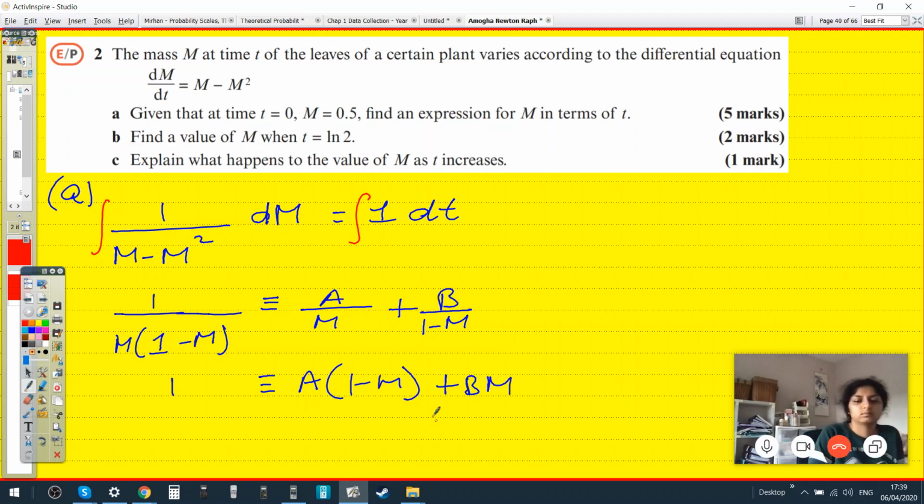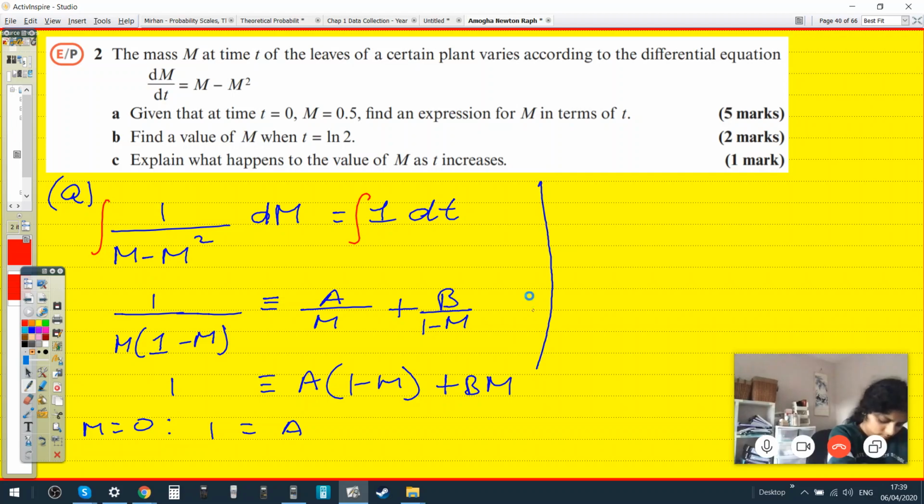Let's say when m is 0, you just have 1 equals a. So a is 1. Mm-hmm. If a is 1, what is b? b is 0. So if a is 1,